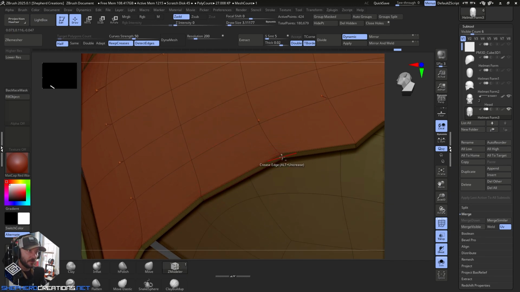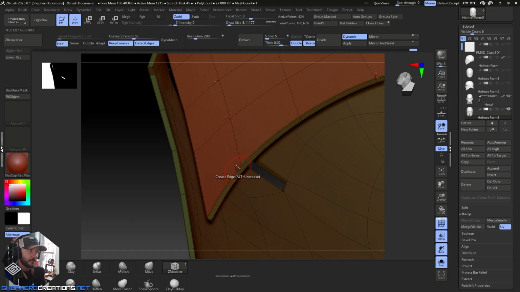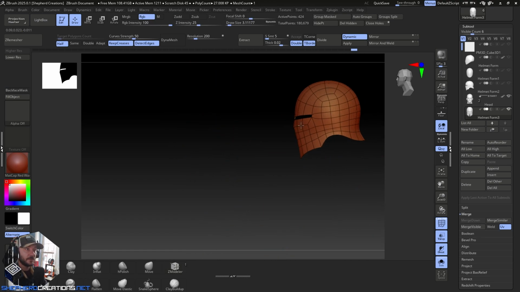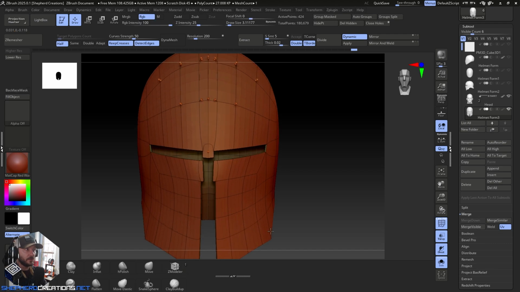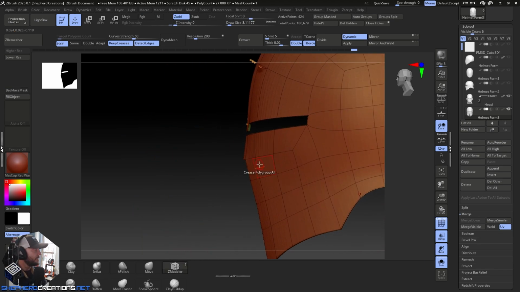So then here on the front, we're going to uncrease these too. All right. Looks pretty cool. I think it's looking good. All right, now